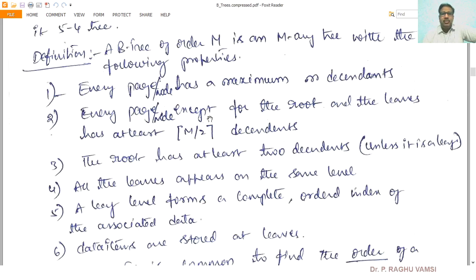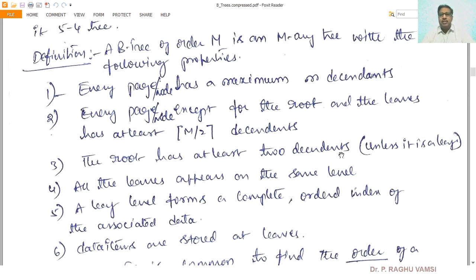Every page or node except for the root and the leaves has at least M by 2 descendants. For example, if the order is 3, then 3 by 2, taking the upper bound, gives 2 descendants. At least 2 descendants must be there in case of order 3 for every page except the root and the leaves. The root has at least 2 descendants.